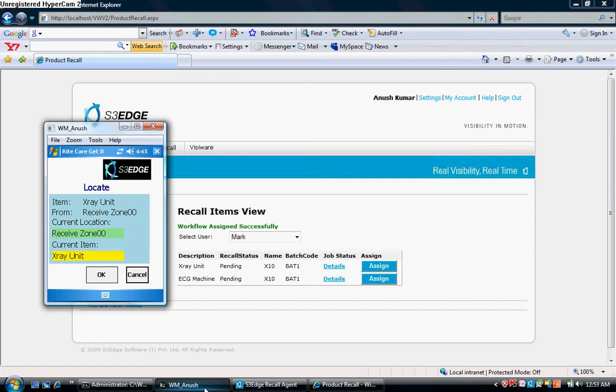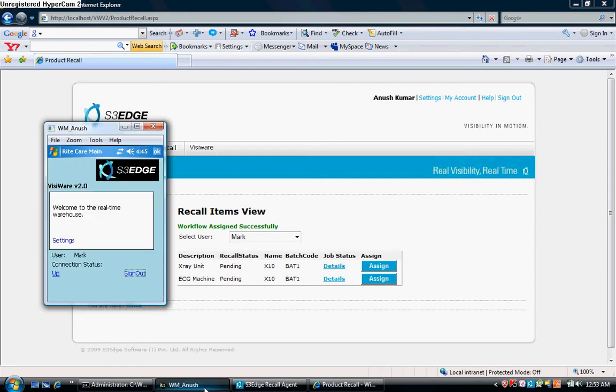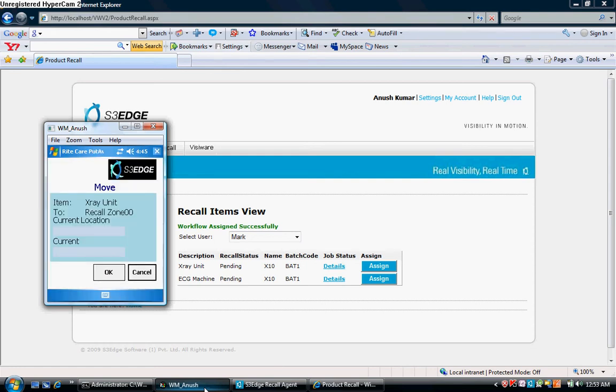So we've located an X-ray unit and we've confirmed that it is the receive zone. Let's hit OK on the handheld. Now task completion has been identified by the server on premise, and the next task is farmed off to the handheld device again. Now if we continue to read some more tags,